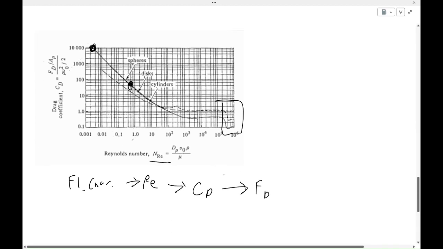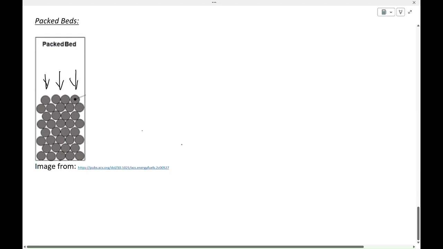Now that we have the basics out of the way, we're good to move on to packed beds. So a packed bed is basically just a bunch of particles packed very densely, and then you have fluid flowing through those particles. So one assumption that we will be making for this is that the particles are evenly distributed and that there is no channeling. Basically means that the particles are just like I said, evenly distributed. There's no clumps or voids that are disparate from the rest. And no channeling means there's no large gap that the fluid will prefer to flow in rather than the denser packed